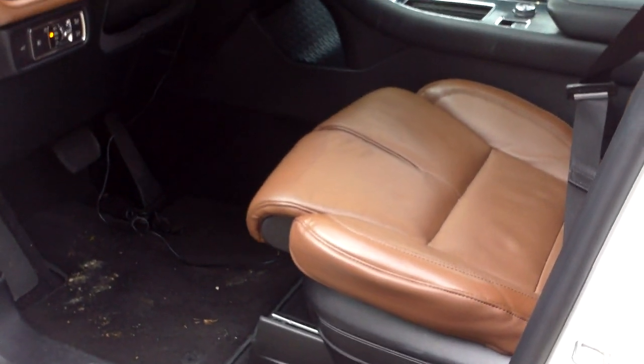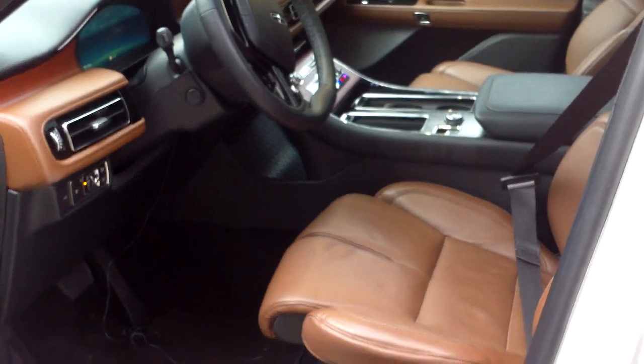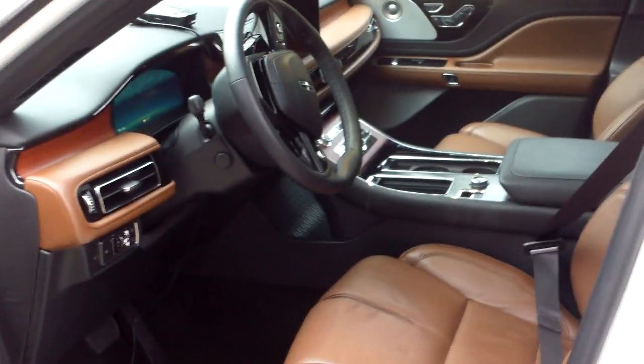is an issue with SUVs, and that is why a lot of SUVs, including the Navigator, have those deployable running boards that kick out right here, because you gotta pull yourself in. There's usually a grab handle right here, and you gotta pull yourself into it. Whereas this has more or less the ride height of a car, or at least not much higher off the ground than a car. And in that respect, it's kind of more like a car, which is interesting because Lincoln